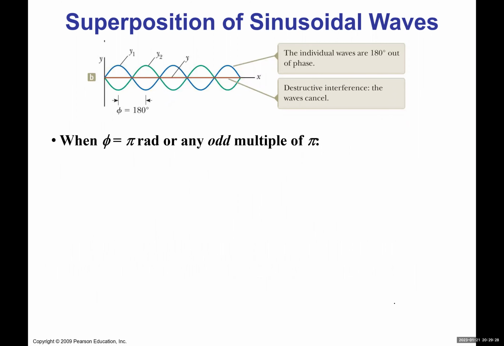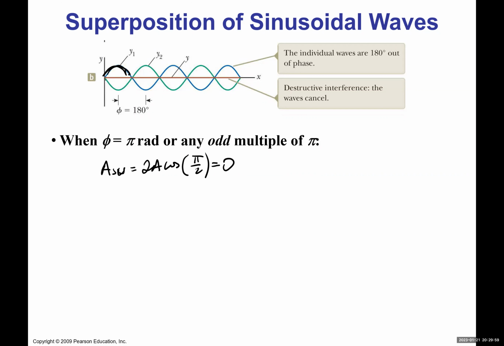Obviously, then we can have the case when phi is not, let's say, 0, 2 pi, 4 pi, and so on and so forth. Why if it's pi? Well, if it's pi, then the amplitude of the standing wave, a superposition wave, is equal to 2a cosine pi over 2, and we know that cosine pi over 2 is 0, so 2a times 0, we get 0, which means that